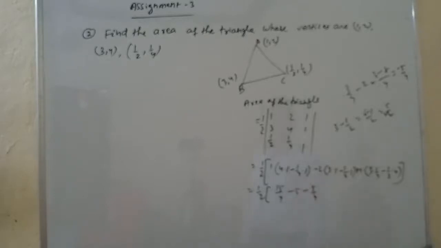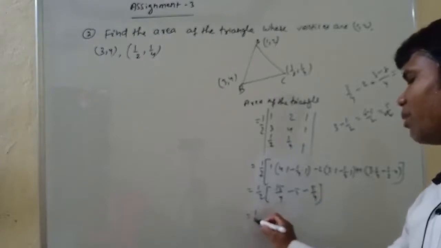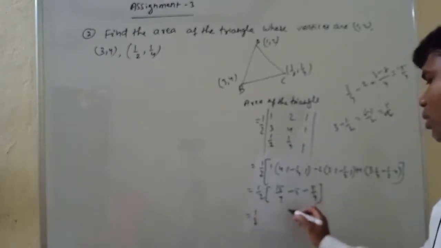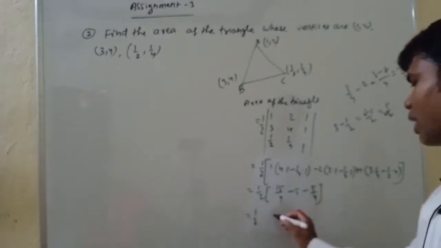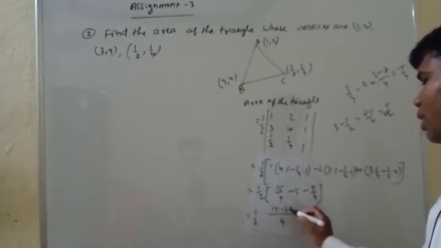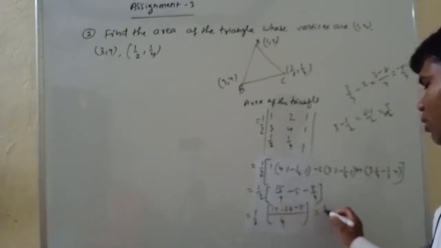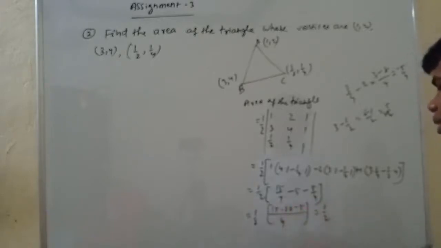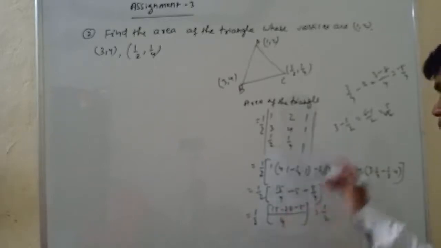Okay, you see, half into the LCM, you can get the LCM 4. This is 15 minus 20 minus 5, okay, is equal to half of 15 minus 15, this is minus 25,